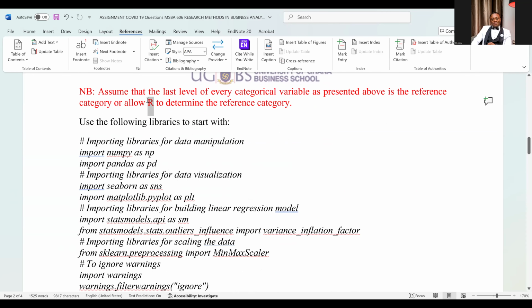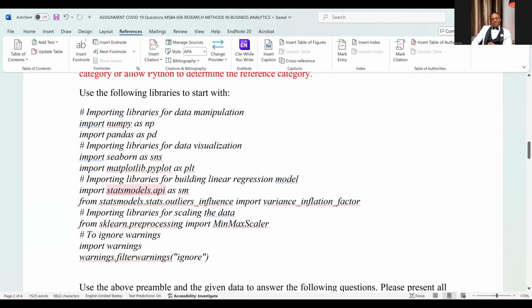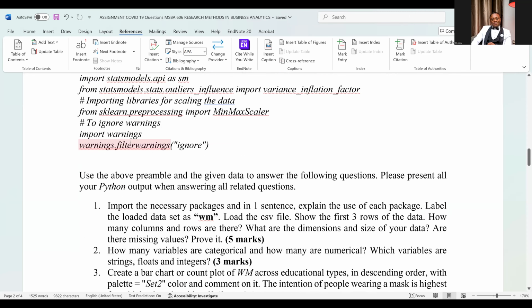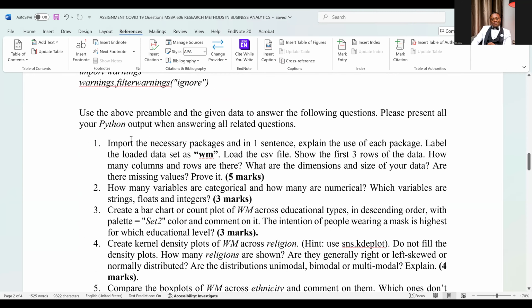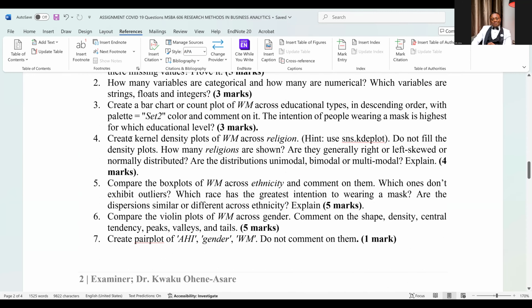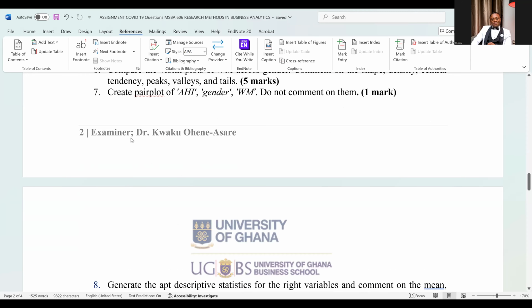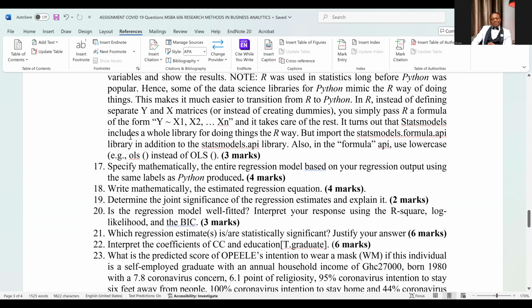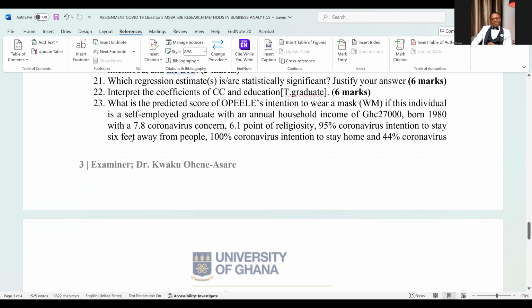Now, one of the things you're going to do is, I said there are some things I will edit here. You'll be asked to import some packages, but there are some packages you're supposed to import yourself. And you're supposed to answer all of these questions as and when they come. Question 1, question 2, question 3, 14, 16, 17, 19, 23.